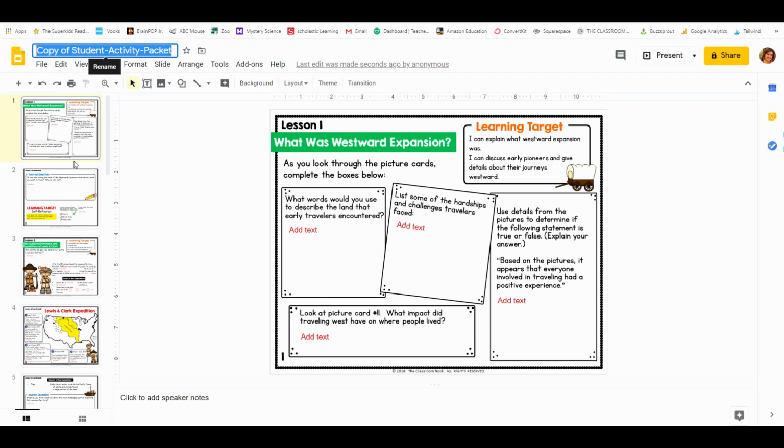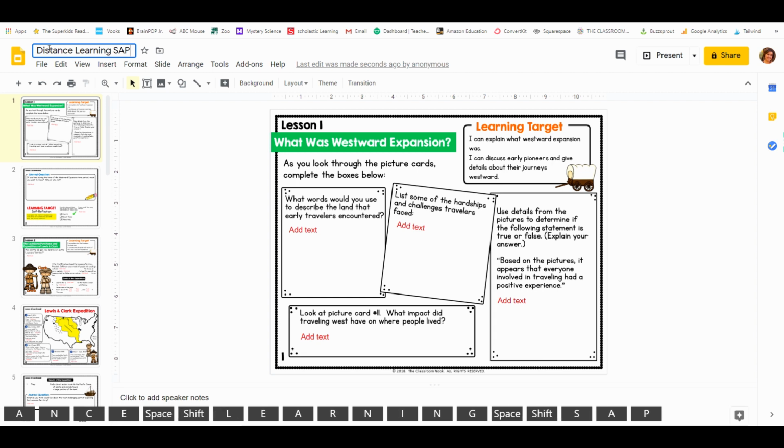So you are going to be adding things into this student activity packet that you would not normally add in a regular school year. So somewhere in the title indicate that this is for your distance learning teaching. And then if you again teach this again next year, you can make another copy that is just the slides that you see here as they are originally intended to be used. But so for today, I'm just going to call this Distance Learning Student Activity Packet,